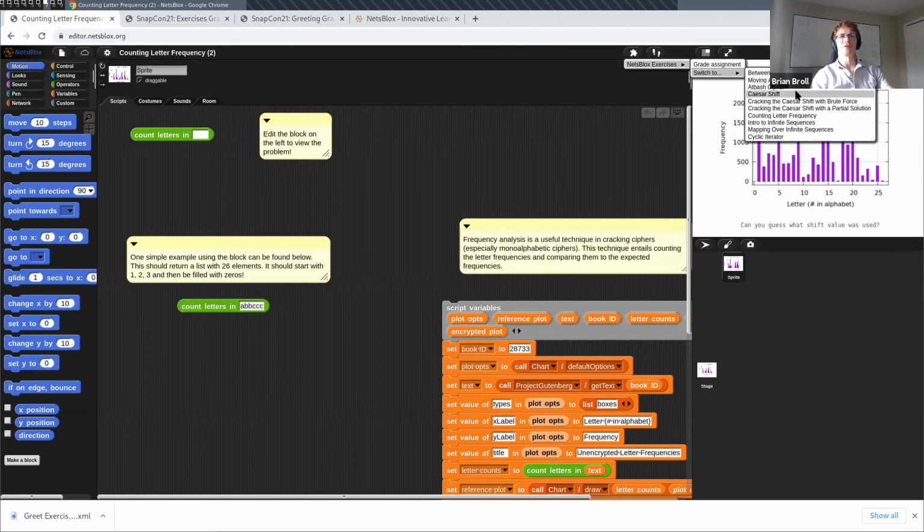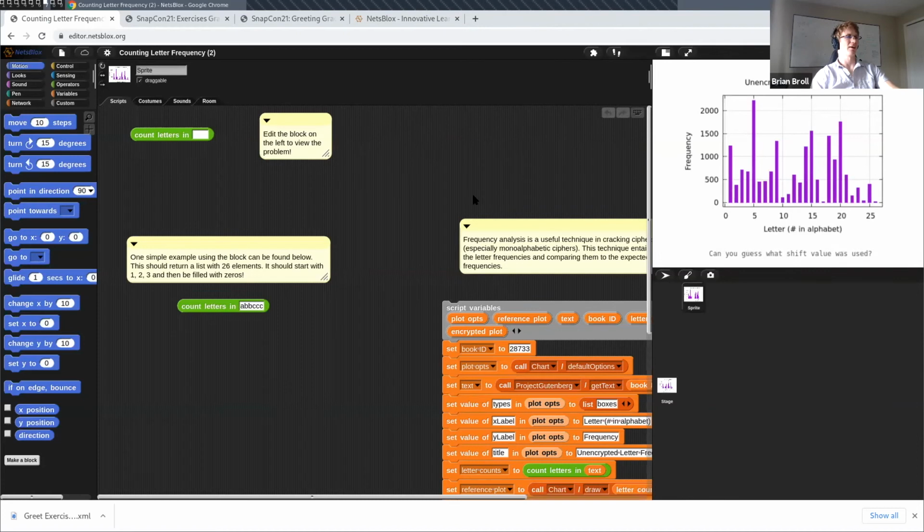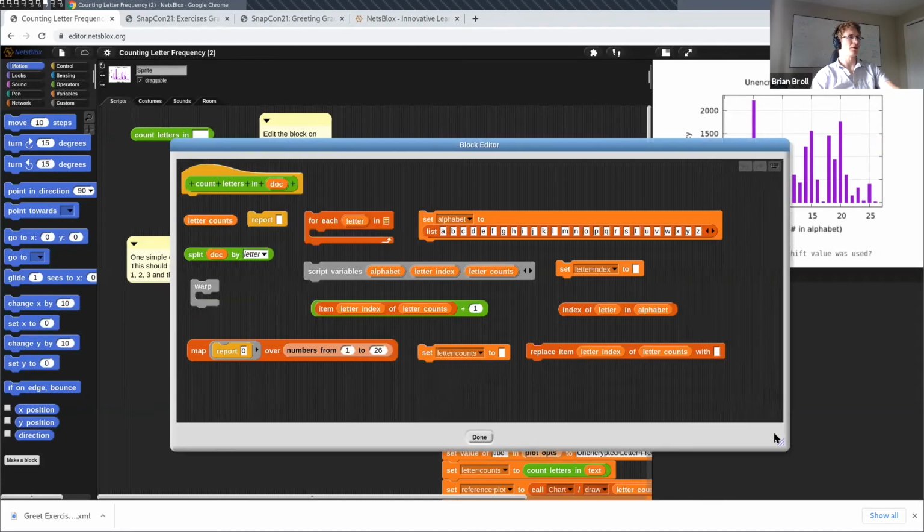Then we have the Caesar shift. We actually have a key, and then you have to start cracking it using either brute force, or you can do it differently. If you have a partial solution, you can do it really efficiently, because you just figure out how much it was shifted in your solution from your input to your output. And then we have another example here where we're counting some letter frequencies. You can start looking at the frequencies and trying to determine what shift value was used for the Caesar shift that was added here. So if we implemented this one,